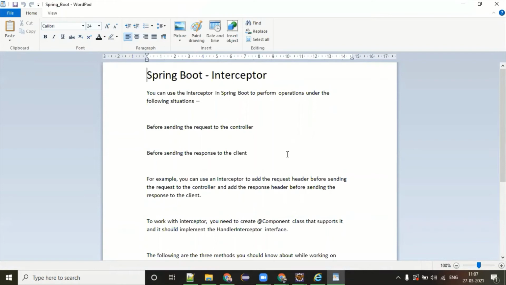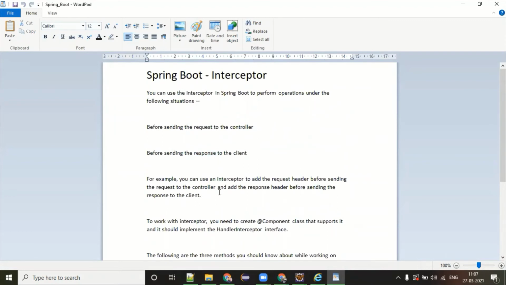A filter is basically intercepting all incoming requests and all outgoing responses. Consider the interceptor a standard name given to the filter in a Spring Boot application. So before sending the request, I want to execute some piece of logic, and before sending the response to the client, I want to execute some piece of logic. This is the idea behind the interceptor.